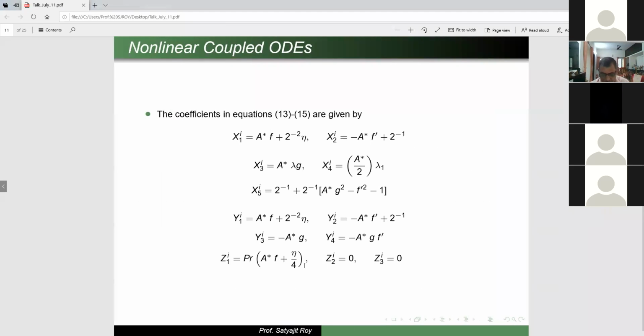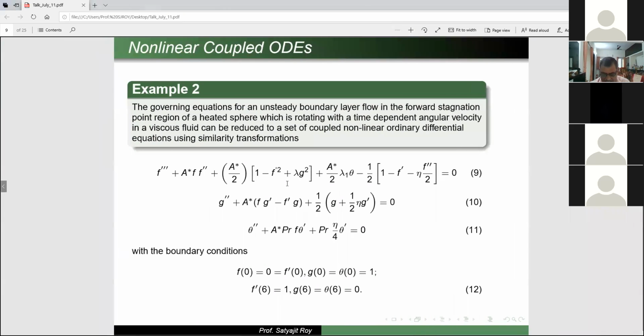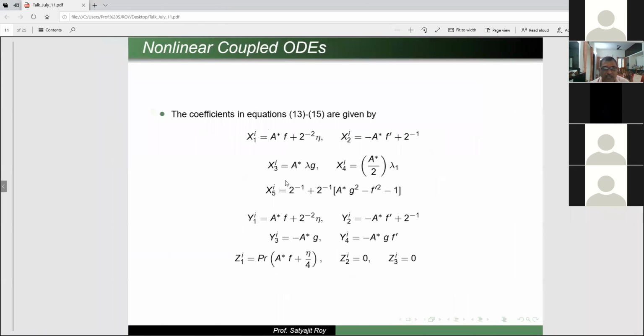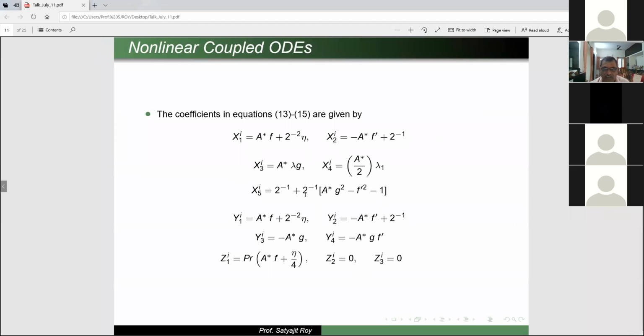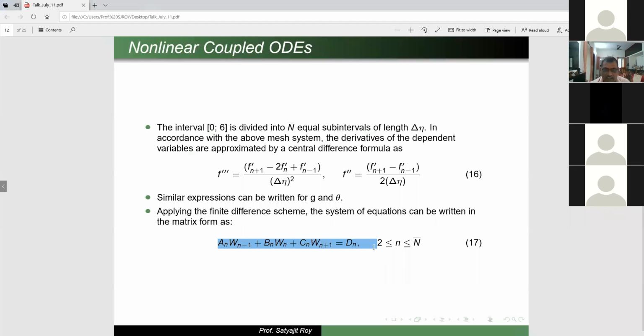Now we have written the sequence of equations. Sequence of equations, if we write, it will come like this, 3. Now this is coupled. And then this becomes this, coefficient x1, x2, x3, all the partial derivatives, exactly same. And then the differentiation is written in terms of F, G. Now you got a